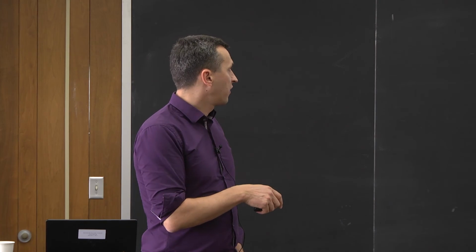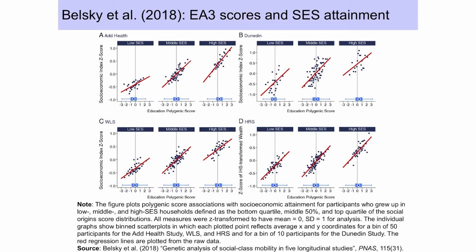Also, the paper showed that across the various samples, you see an effect of that polygenic score on socioeconomic attainment of the children for various strata of socioeconomic status of the parents. They looked at low, middle, and high socioeconomic status of the parents, and then plotted the polygenic score, here on a Z scale, against socioeconomic attainment of the children, also measured on a Z scale. So this is really cool. You see a positive slope of the polygenic score and socioeconomic attainment across the various samples and across the various